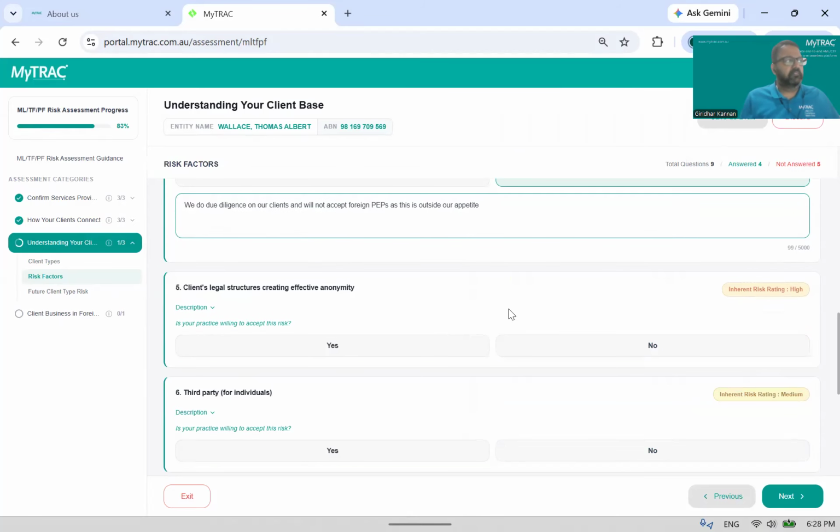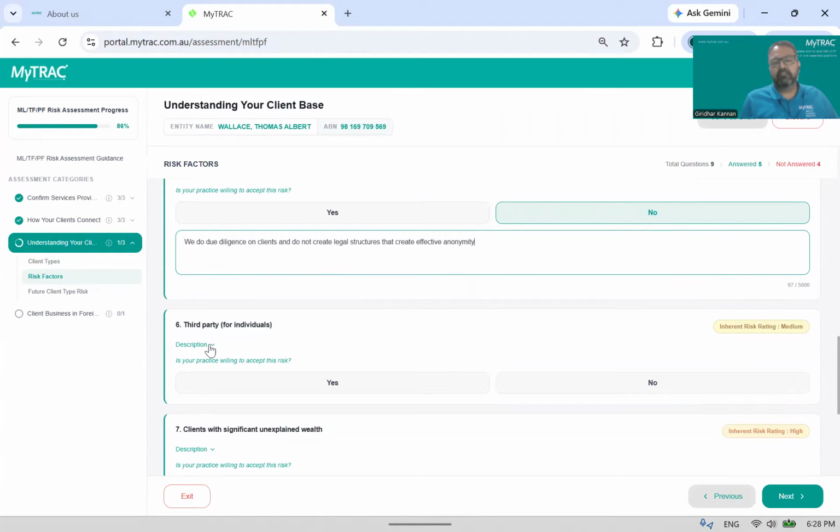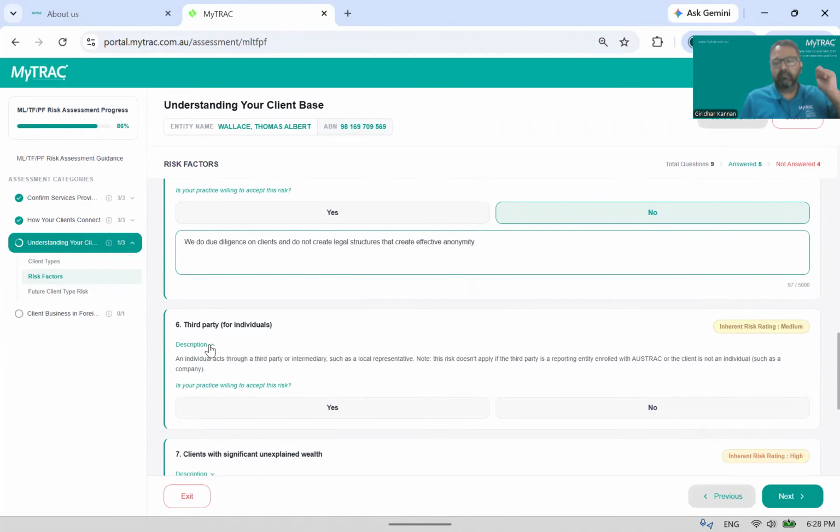Clients, legal structures creating effective anonymity. And I'm again going to say no here. So we do due diligence on clients and do not create structures that create effective anonymity. Next, third party for individuals is nothing but somebody who is acting like a power of attorney